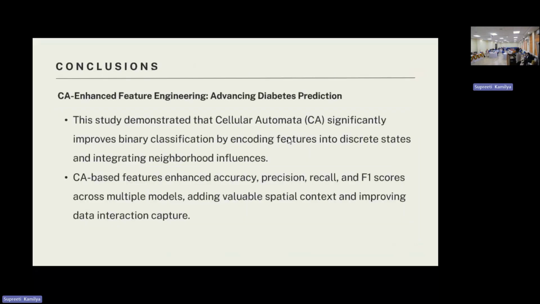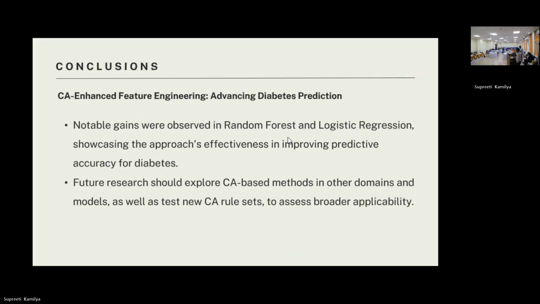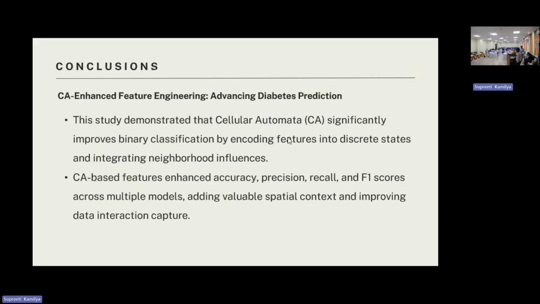This study demonstrated that cellular automata significantly improves binary classification by encoding features into discrete states and integrating neighborhood influences. CA-based features enhance accuracy, precision, recall, and F1 score. Notable gains are observed in random forest and logistic regression, showcasing an approach effective in improving predictive accuracy of diabetes as we see